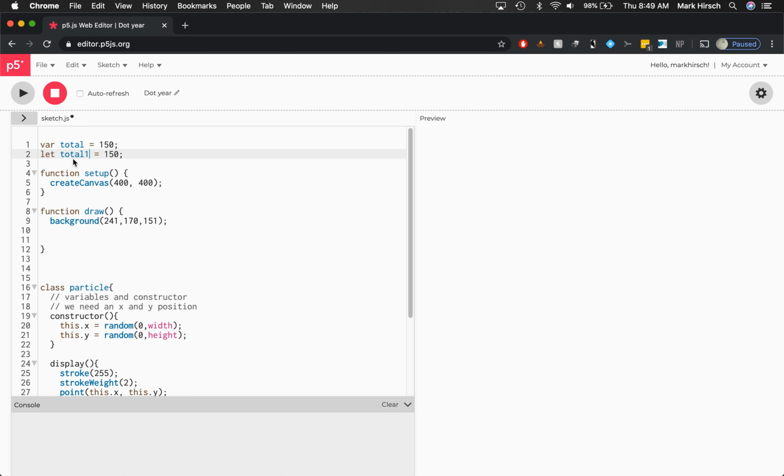So what is the difference between var and let? Neither of them is telling us anything about what total is. We're not explicitly saying, hey, this is an int, or a float, or a string, or something like that. It's just figuring that out on its own. What the difference is